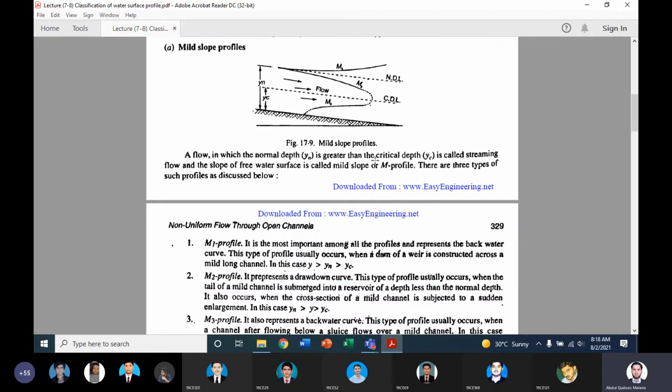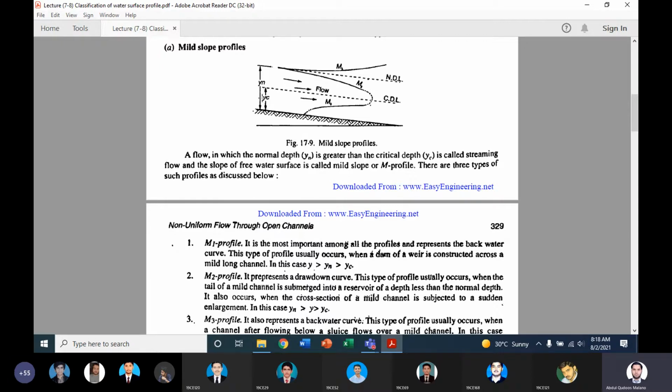Okay, now let us start with the first curve. This is the mild slope curve. ठीक है, mild slope के बारे में हम previous lecture में पढ़ चुके हैं कि if the horizontal datum is considered and from the datum the slope or the bed of the channel rises to the smaller angle, so this will be the mild slope profile. ठीक है, जिसमें the water could go easily with the maximum depth.